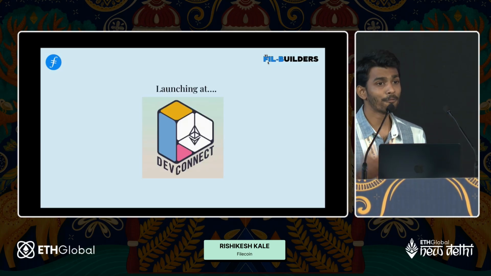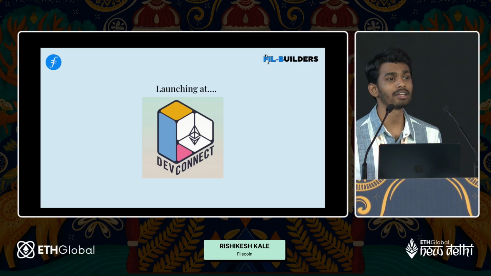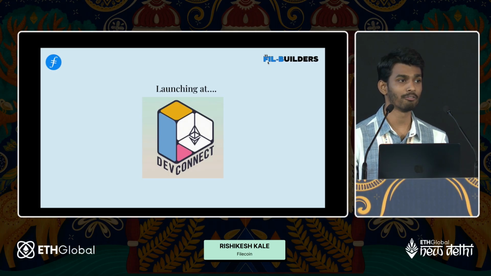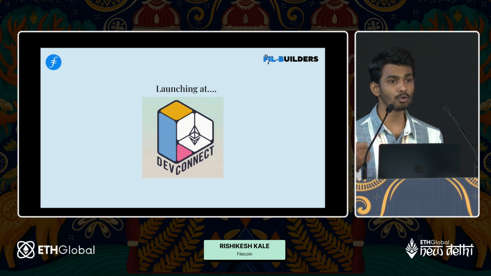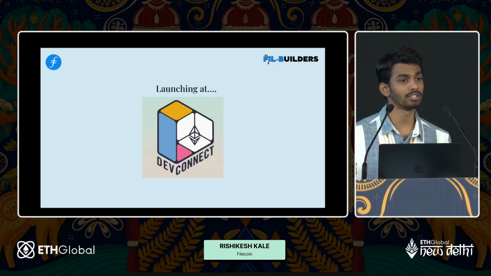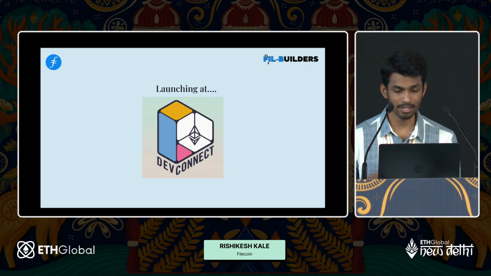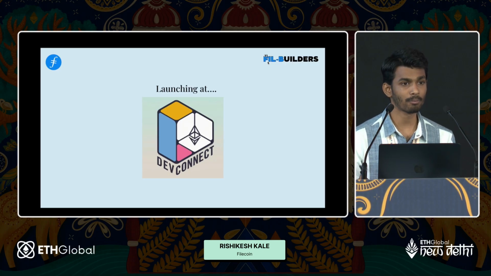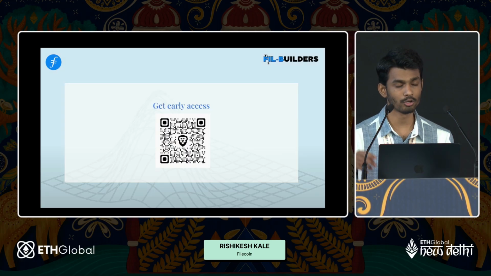The official launch of Filecoin Onchain Cloud is going to happen at Devconnect. If you are around, we'd definitely love to see you. For the projects that are built for this hackathon, maybe we'll have a demo day scheduled at Devconnect, and we'll be inviting you to demo at our event there. Super excited to see what projects come, but there's a lot more in the ecosystem of Filecoin, so we'll learn from them.